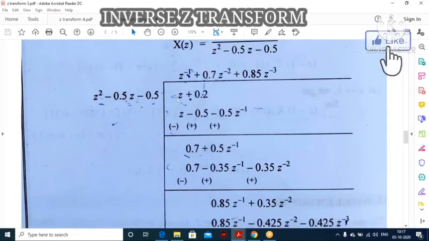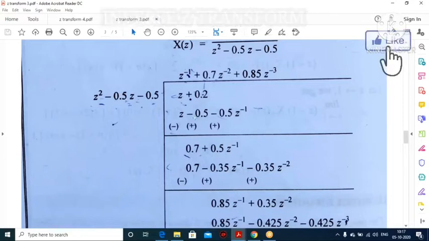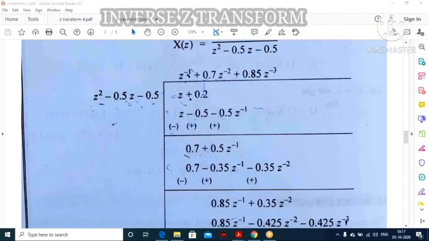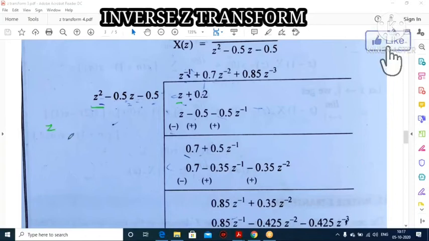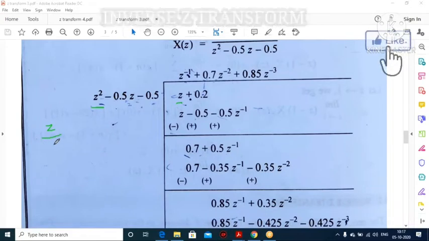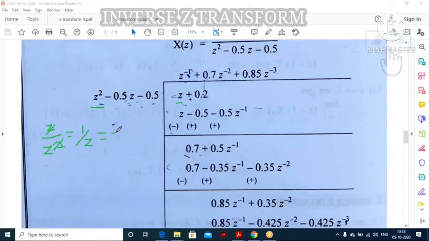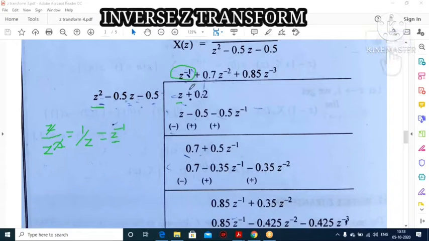Okay, I will give you some tips to divide this. Right. See, first you have to take the first step. So here the first term is z, here the first term is z square. Okay, so numerator by denominator. So z by z square. What do you get? So this is 1 time it will be cancelled. So you can get 1 by z. 1 by z is nothing but z inverse. So your multiple term is z inverse. Okay, quotient term will be z inverse.